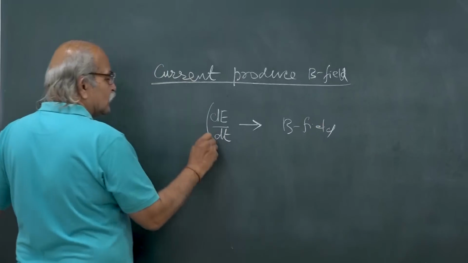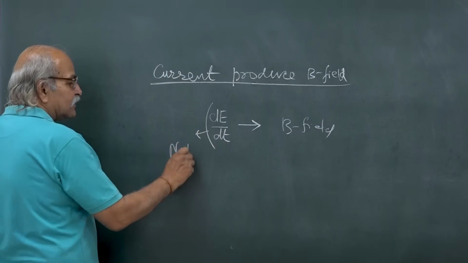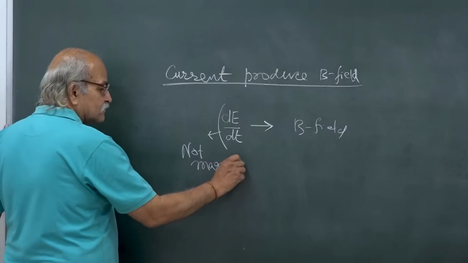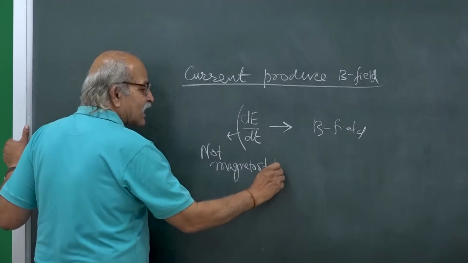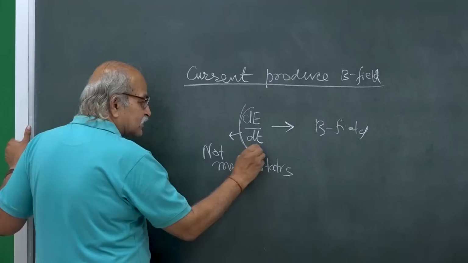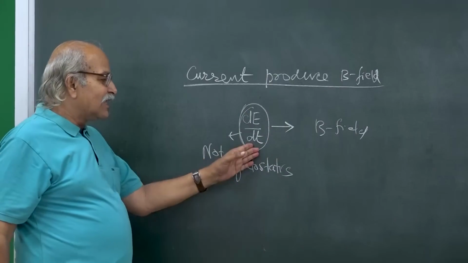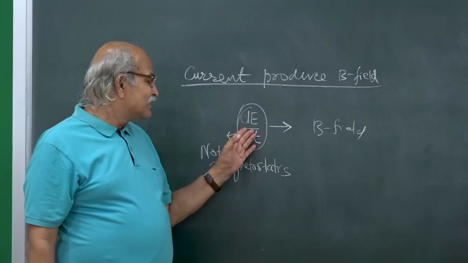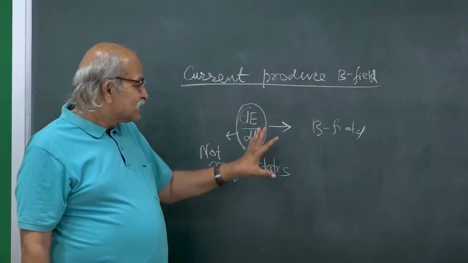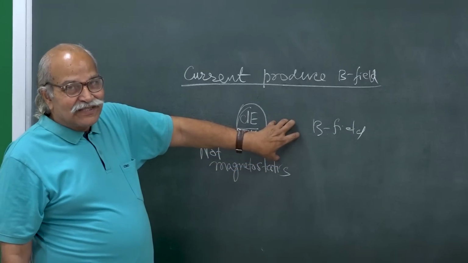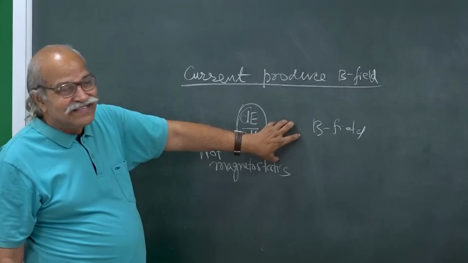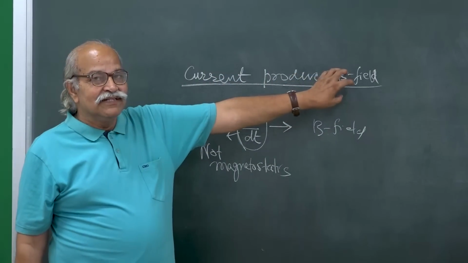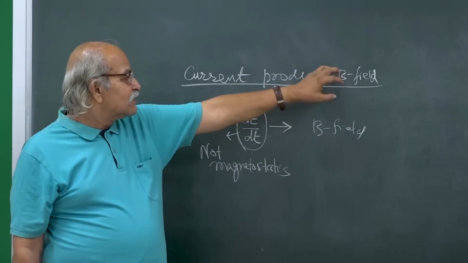But this is certainly not magnetostatics. It is not statics, it is changing with time. The source of this magnetic field that is changing with time is not magnetostatics. This will not be in our syllabus this time. So, we will concentrate on how current produces magnetic field and how this magnetic field interacts with